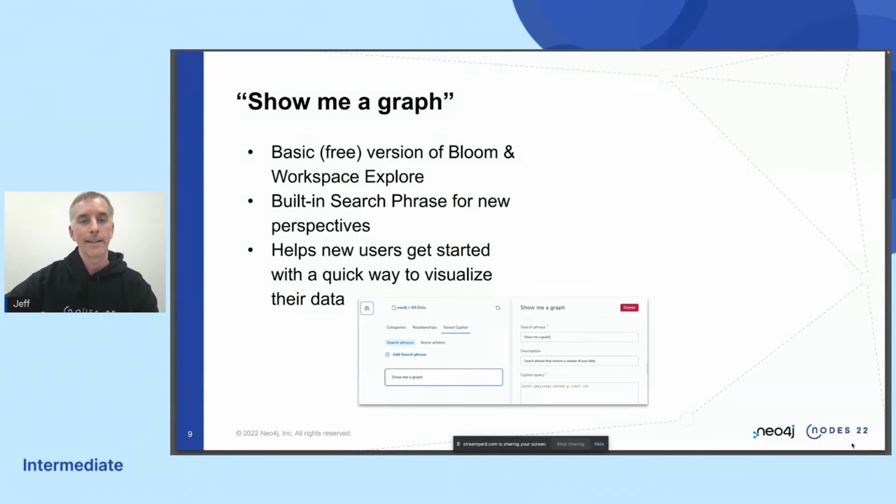Another thing that we've added in Bloom for version 2.5 is Show Me a Graph. And what this will do is use a basic search phrase. It will add it into every new perspective that you create in Bloom, so that you can just go to the search bar in Bloom and literally type "show me a graph," and it will run some relatively simple Cypher that will return about 100 random nodes from your graph and their relationships, and you can get started right away